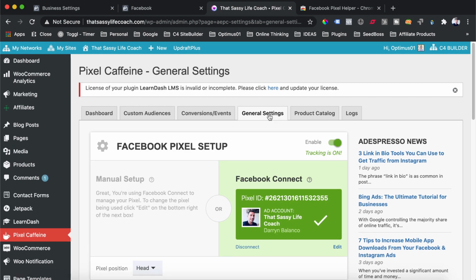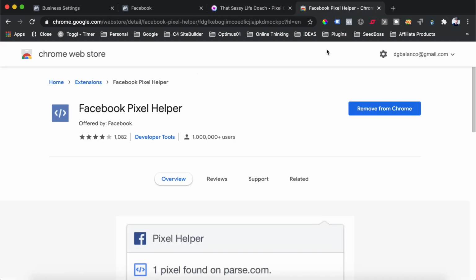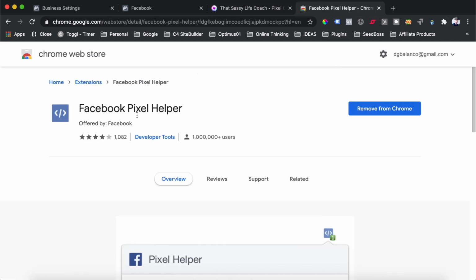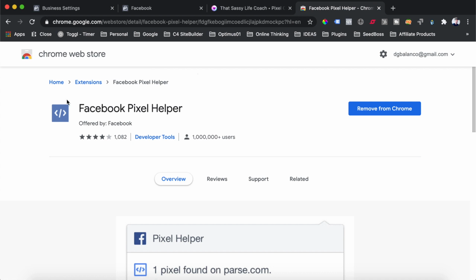So now that your pixel has been installed on your website, the next thing you're going to want to do is just double check and confirm that it is installed. The way you're going to do this is by using a Chrome extension off of the Chrome Web Store called the Facebook Pixel Helper. You can just go and Google that, and once you've found this extension, you can add it to your Chrome